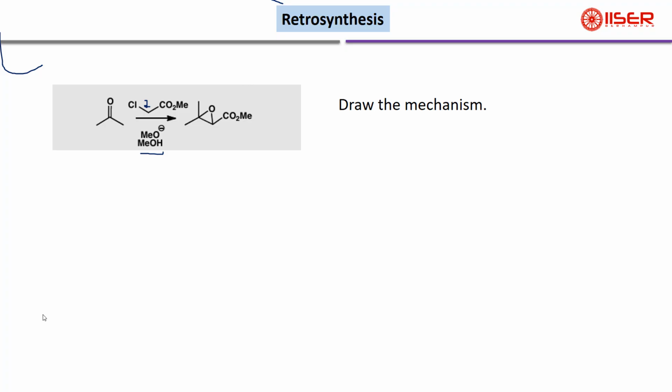Now if you add base, it will take a proton from the place where it is more acidic between these two substrates, because both have been added in the same vessel. So between this hydrogen and this one, which one is more acidic? Obviously this one, because it has an ester group as well as a chlorine. So the minus I effect of chlorine and also the minus R effect of CO2Me. This hydrogen is more acidic. Because of that, it will take a proton from here and generate